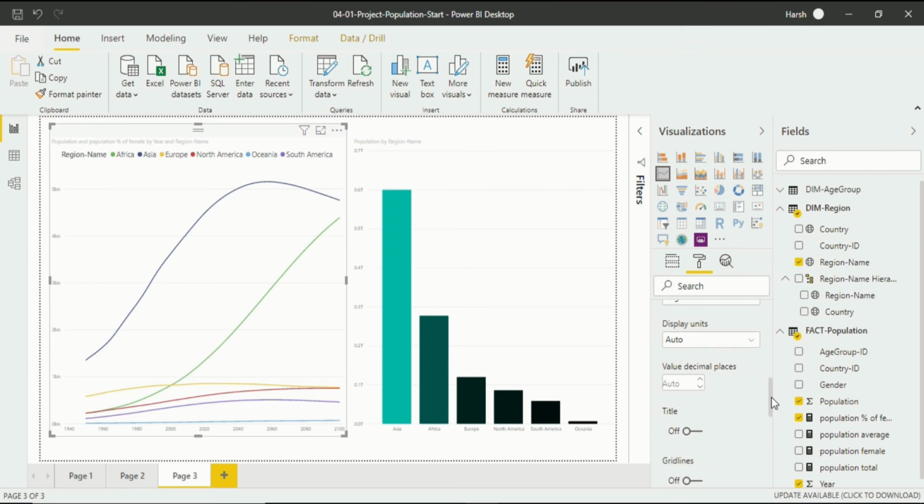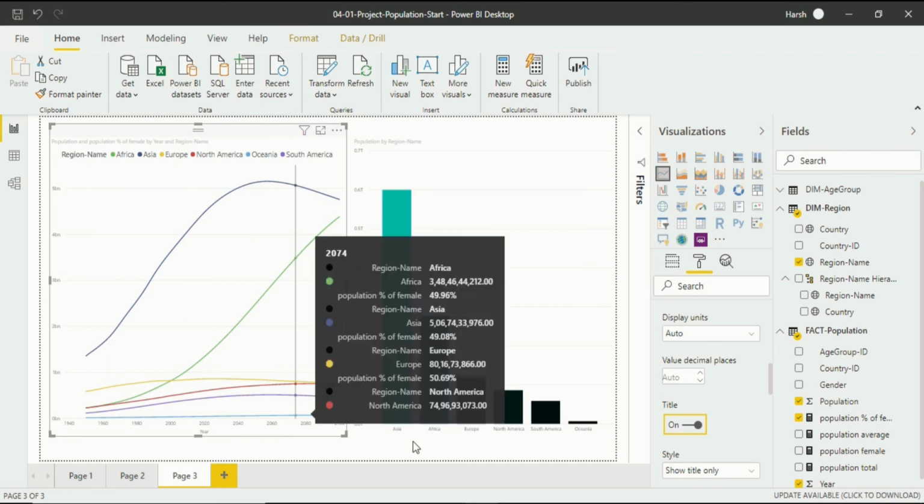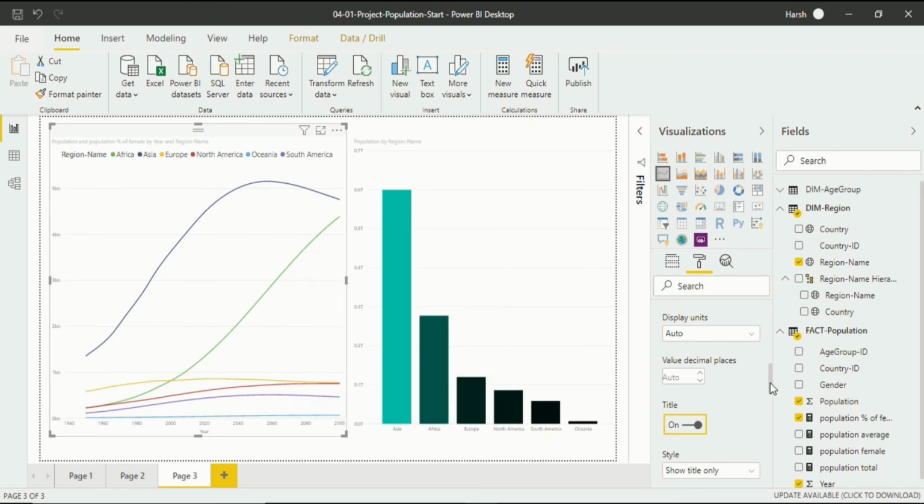Now you want a title on or off. If you want a title, I will click on it. Now you will see a year because this timeline is for the year. So let it stay with the title, and after that move on to the styles, and again title color. These are the things that are always the same. Title color is the same as in the legend section.